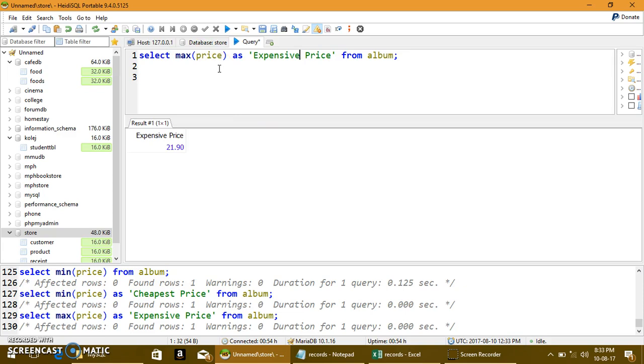So what if I want to find the average cost? Because I have 10 albums, I have very cheap albums, I have very expensive albums. I want to see on average what is the price of each of the albums. So what I can do is I can use AVG. AVG is the aggregate function for average. So I can put here average price. Okay, so if I run this, I'll get